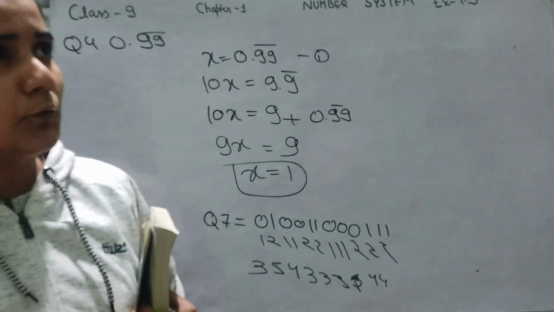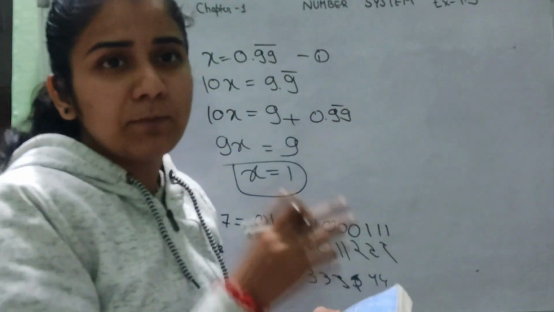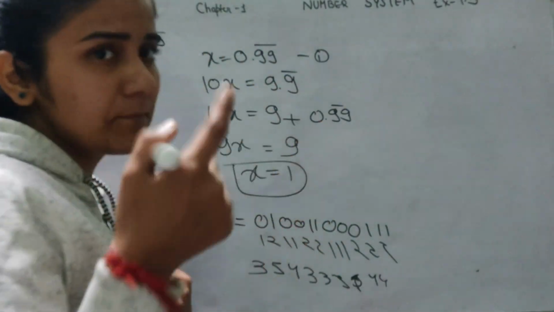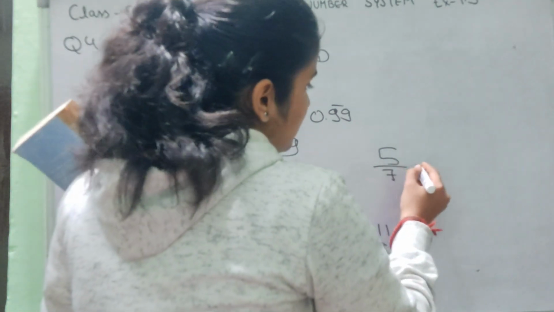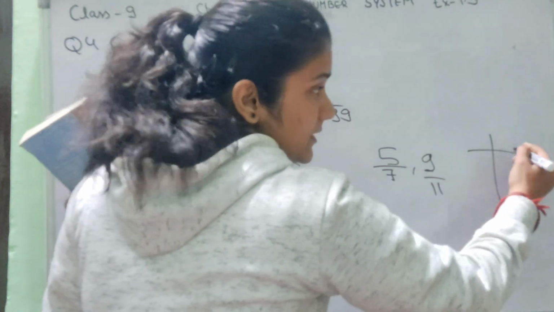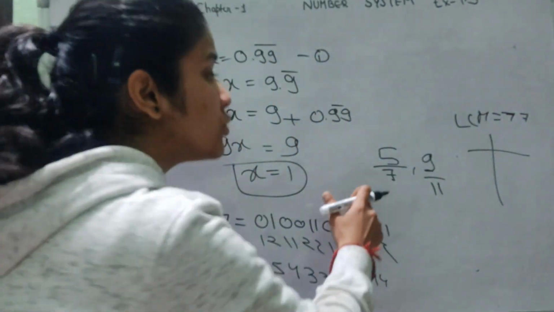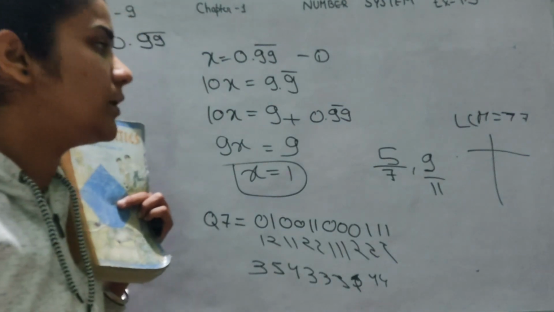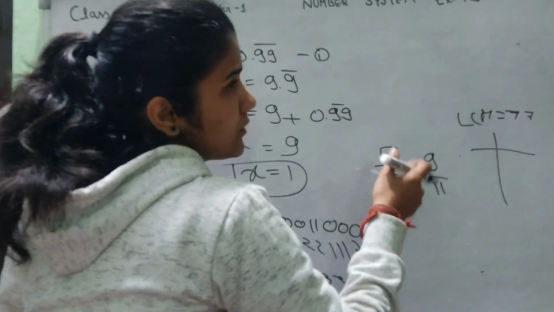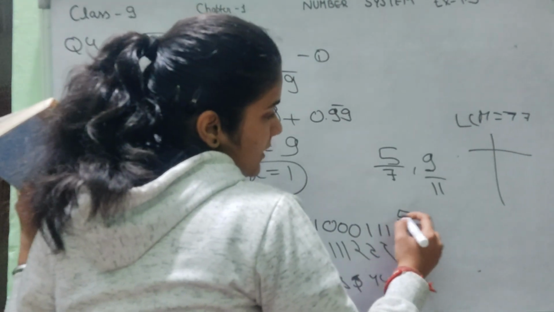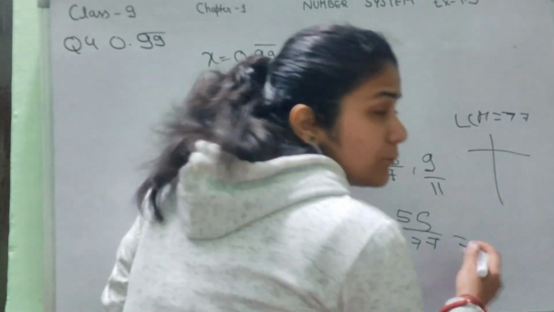ठीक है, तो फिर हम 77 को ऊपर की डिजिट से डिवाइड करेंगे। जैसे 5 by 7 है और 9 by 11 है, हम इन दोनों का एलसीएम लेंगे, जो कि 77 आएगा। दोनों प्राइम नंबर हैं, तो आपस में मल्टीप्लाई कर दिया। फिर 77 बना रहे हैं तो इधर 11 से मल्टीप्लाई करेंगे, तो 55/77। पहले हम इसका डेसिमल एक्सप्रेशन निकालेंगे, डिवाइड करके।